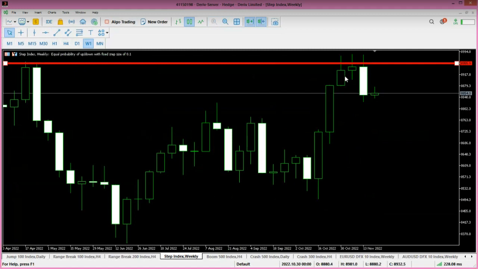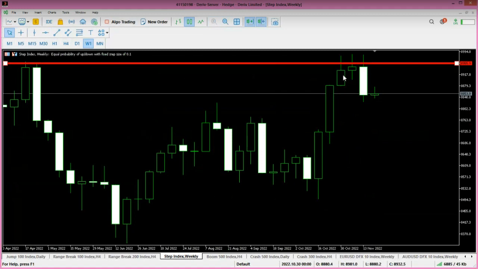And another thing, you must always know that you do not want to buy at the resistance level. You need to buy at the support level. At the resistance level, the only thing that you need to do is to sell. You need to consider selling at the resistance level, and you need to consider buying at the support level. You do not need to consider selling at the support level unless it is confirmed a breakthrough. Okay,